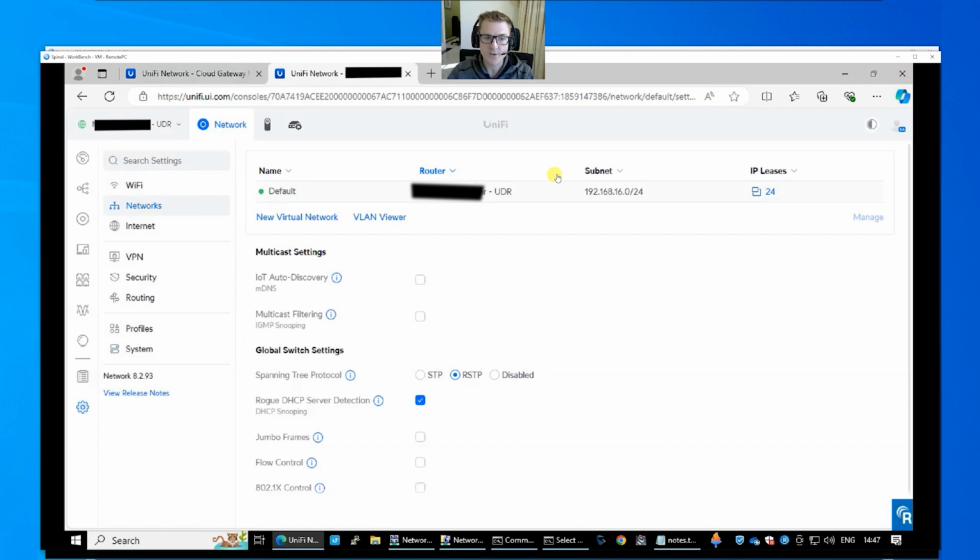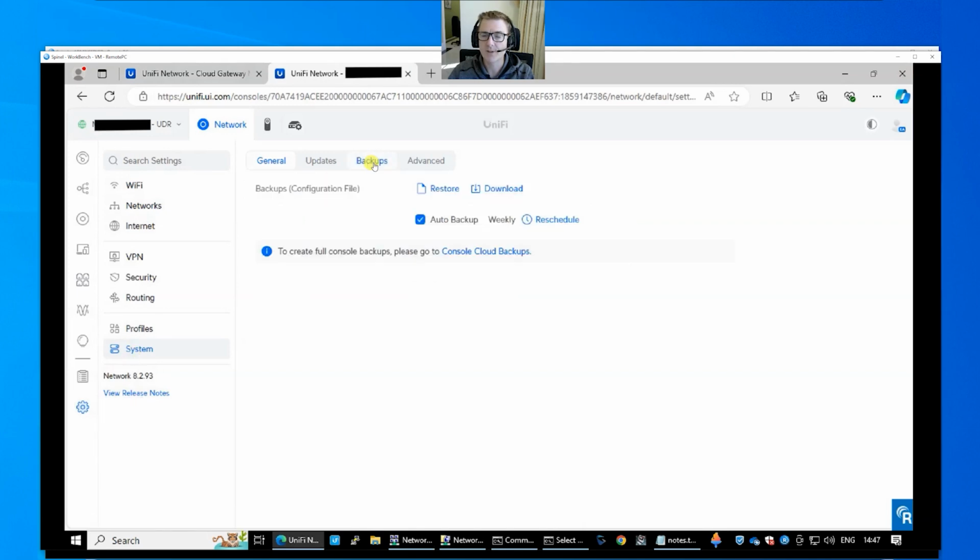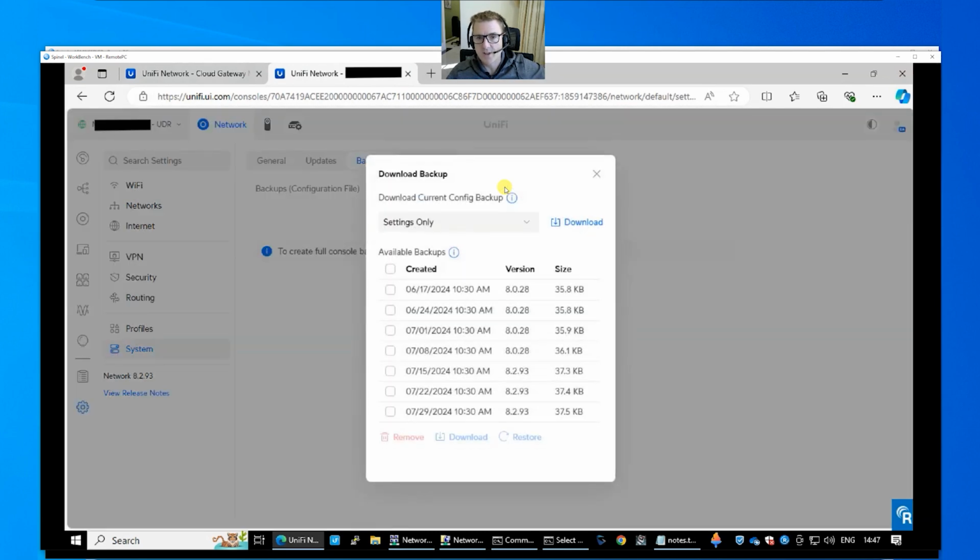So I'm actually going to use this one. Come to System in here. So we've gone here to Settings, then we've gone to System, then we've gone to Backups, and we want to download the backup that's here. The backup that it's going to download